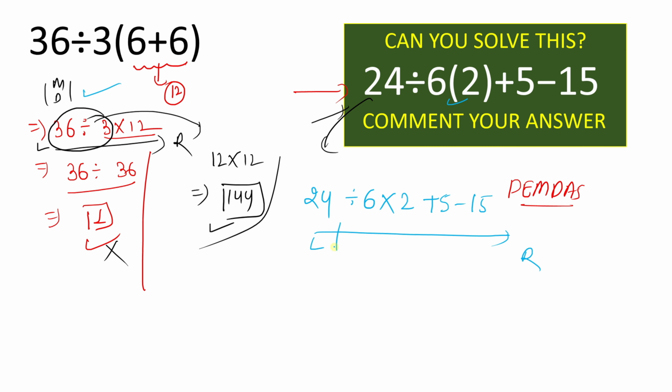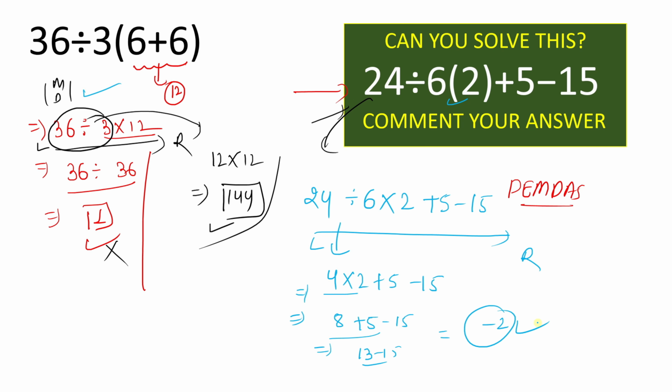24 divided by 6 will give the answer 4 times 2 plus 5 minus 15. Again, 4 times 2 will give the result 8 plus 5 minus 15. And 8 plus 5 will give the result 13 minus 15. 13 minus 15 will give the result minus 2, which is the right answer for the